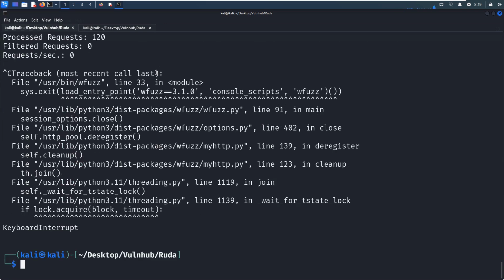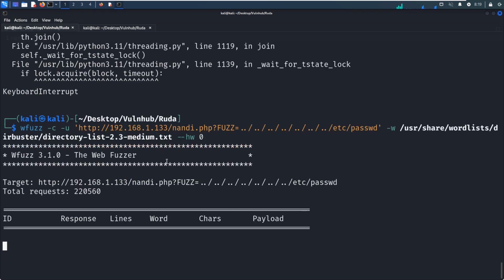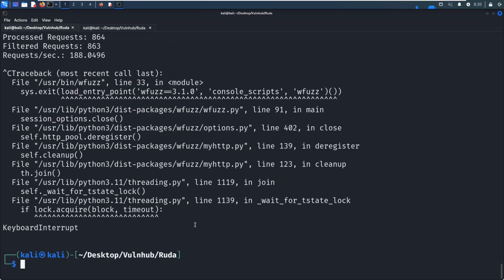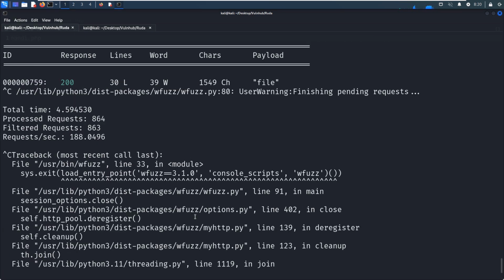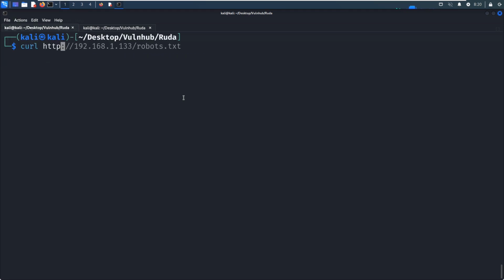A lot of output, so we can put a filter like the length of a word or the number of words. We can press enter, so then the output would be much cleaner. And without too much time, we have already fuzzed out this parameter or payload file because the length or the number or quantity of words is different. So next we can use a command line to access this